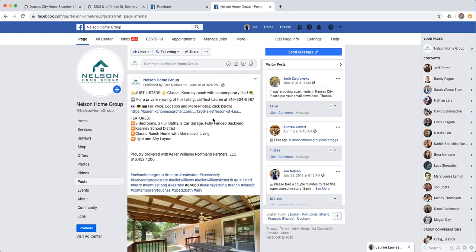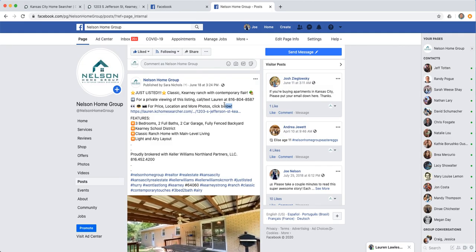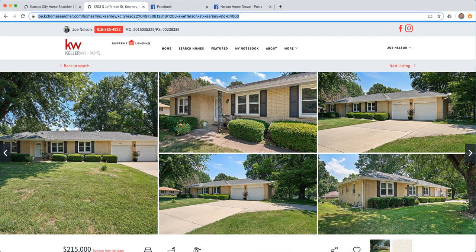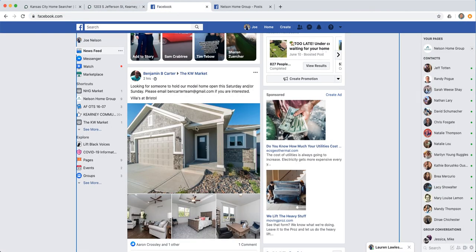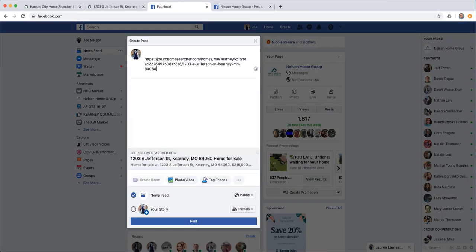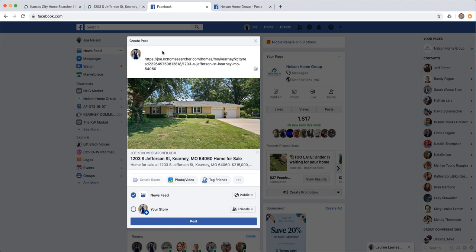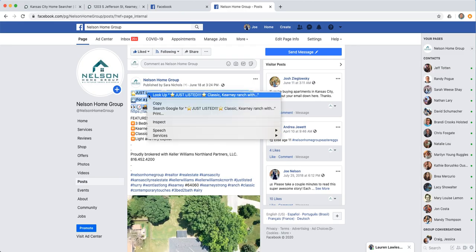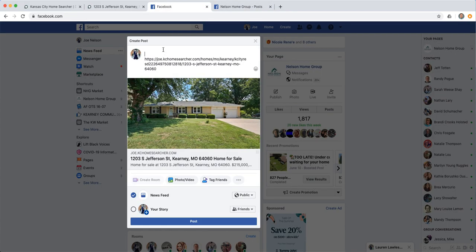So because that link is broken, I'm going to do a couple of things here. I am going to copy this URL first into my post. I put an enter on there so I could put text above it. When you do that first, it creates a really nice preview for you. So I'm going to come back to the business page because I'm just going to copy and paste from the business page. I'm going to make sure I get the right stuff highlighted. I'm going to right click and hit copy, come back and hit